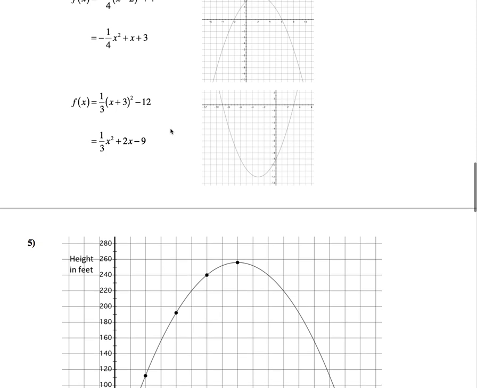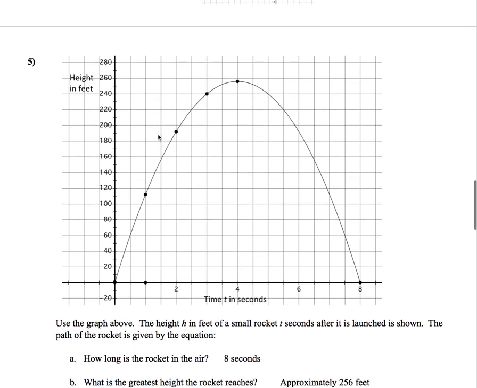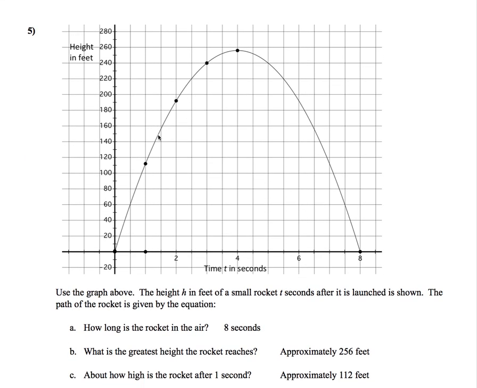And similarly for the last of these, the vertex form is 1/3 times the quantity x plus 3 squared minus 12, and the standard form is 1/3 x squared plus 2x minus 9. So if you practice these, you should get the same results that I do. All right, and now in number 5, we have a graph,